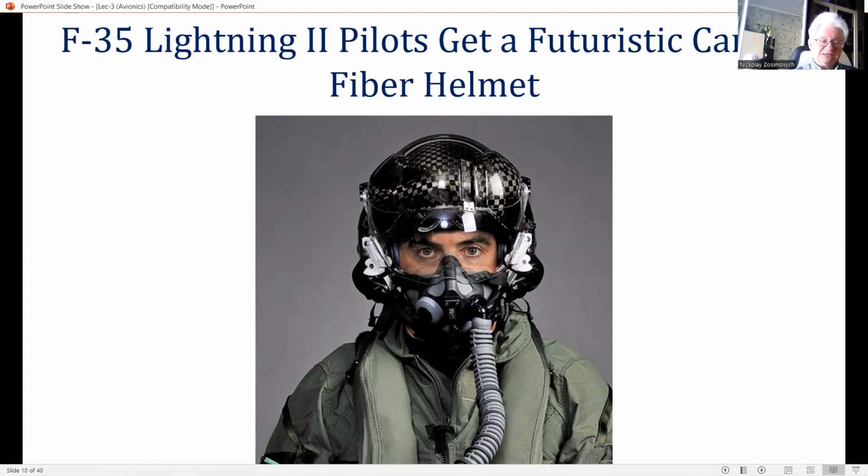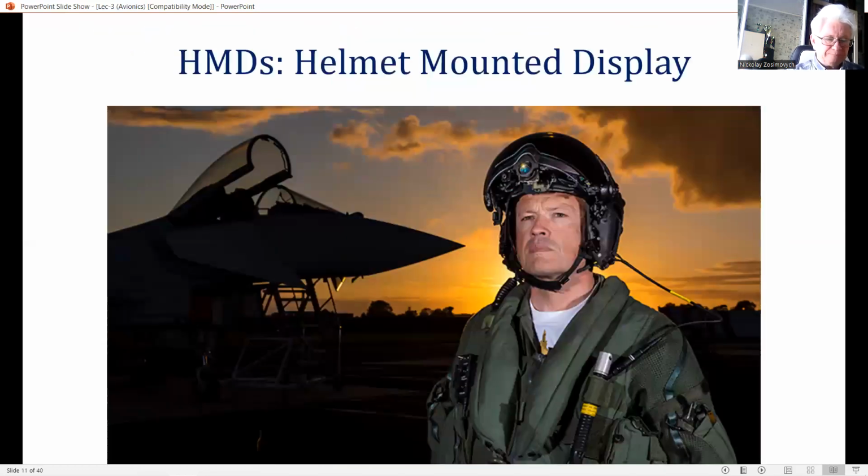The helmet center of gravity should be in line with the pivoting point of the head on the spine, so that there are minimal out of balance moments exerted on the neck muscles. Imagine this. The moment of inertia